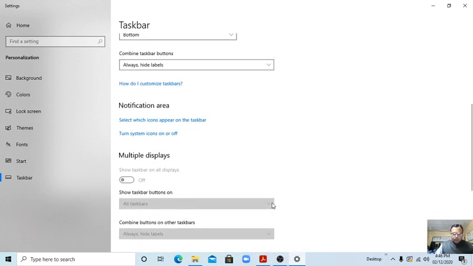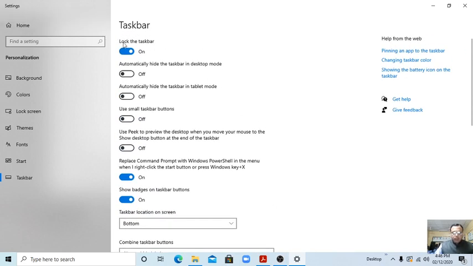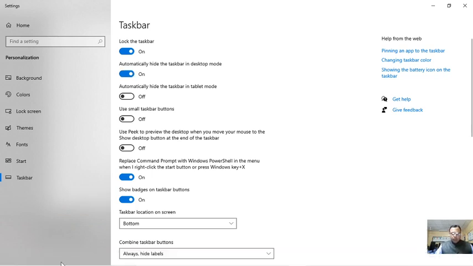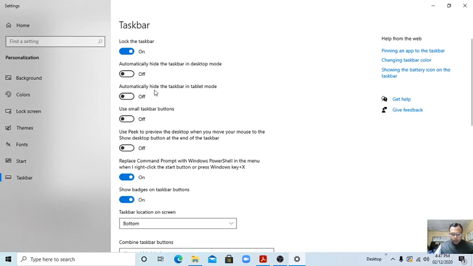Clear students? So again students, look here. Lock the taskbar. That means we can lock the taskbar, so our taskbar cannot move anywhere, not up, not right, not left. It always stays in place at the bottom. Automatically hide the taskbar in tablet mode. If you do this, see this, friends. Now from here, if you show, again it comes, automatically hide the taskbar in tablet mode. There is no tablet mode, so it's not showing.